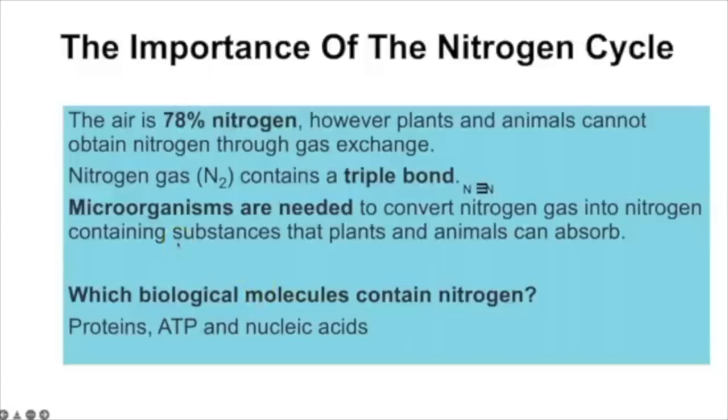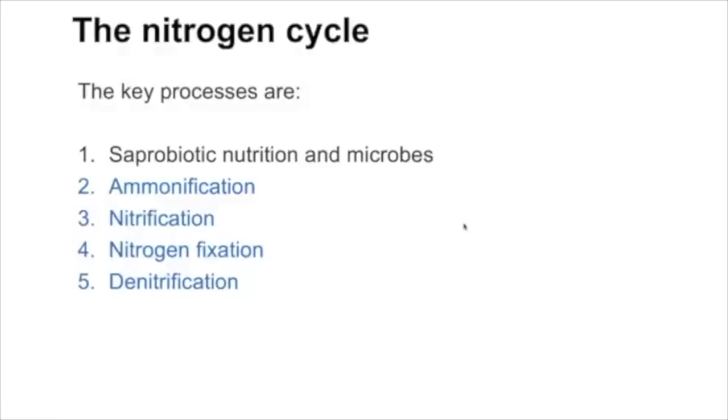Microorganisms do though, so they have the enzyme to be able to do that, or some of them do. And therefore we need this cycle involving microorganisms to make the nitrogen accessible for nitrogen containing substances, which plants and animals can then use. The nitrogen cycle involves these key processes: ammonification, nitrification, nitrogen fixation and denitrification. But you also need to be aware that saprobiotic nutrition and microbes are essential for all of those stages highlighted